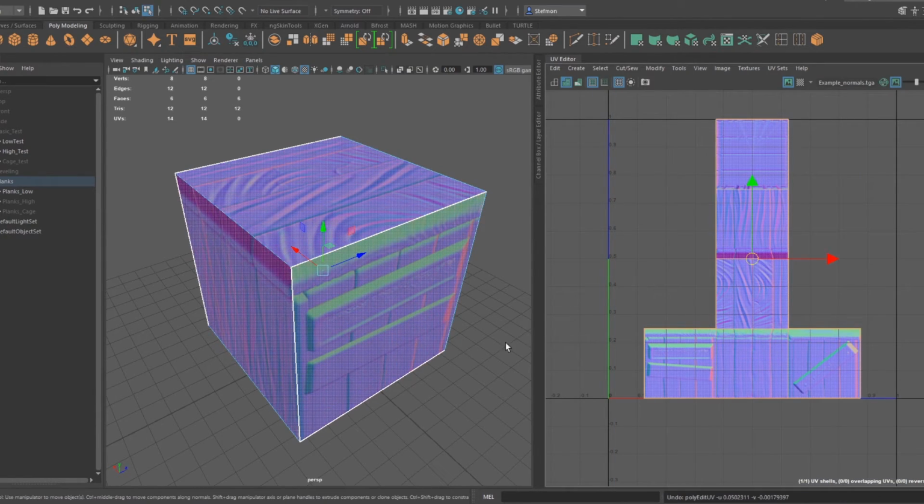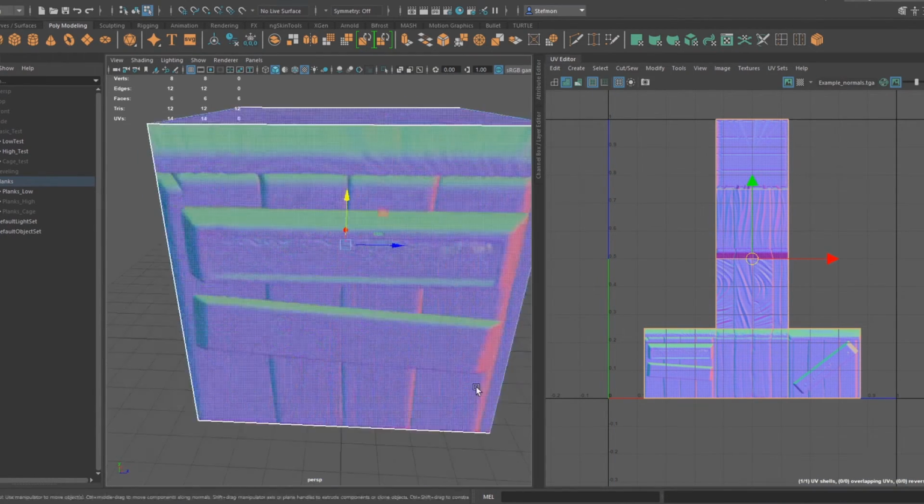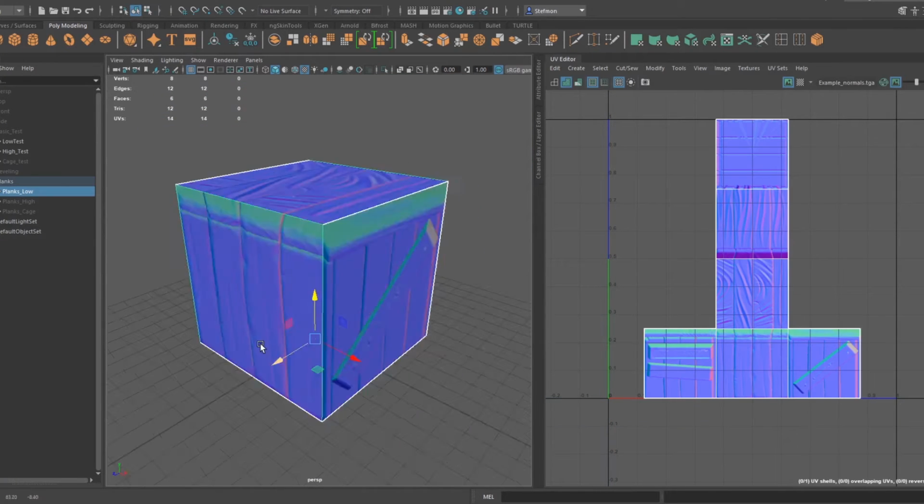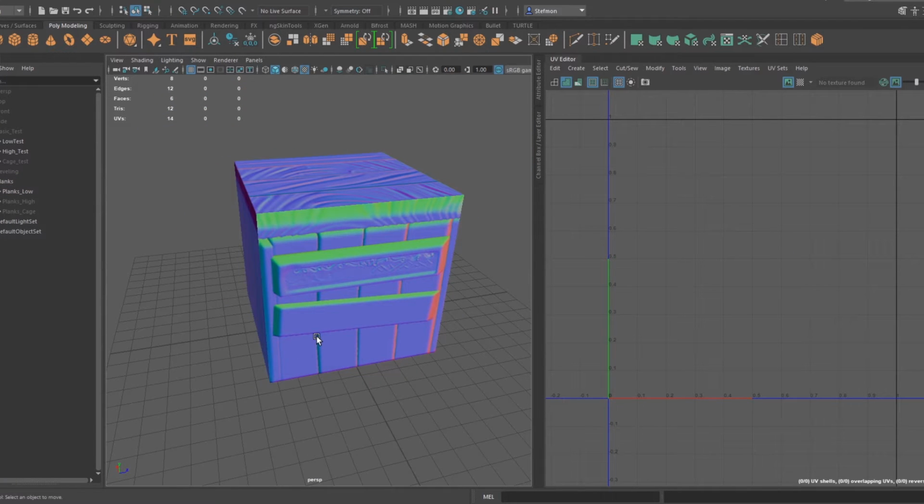So this is the purpose of UVs, to take color information, to take normal map information, and anything else that you're using in a game engine to say how your 3D model looks. And I think that's everything I need to cover for how baking works,